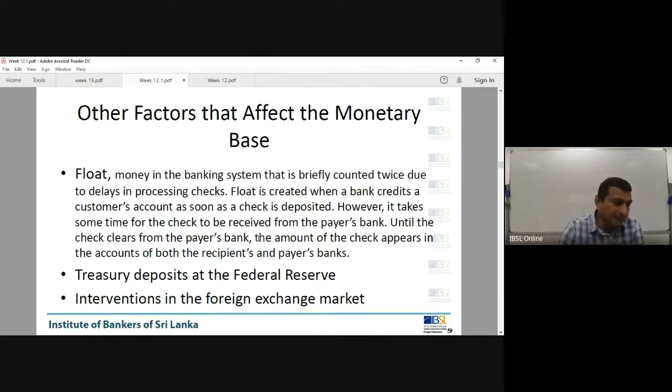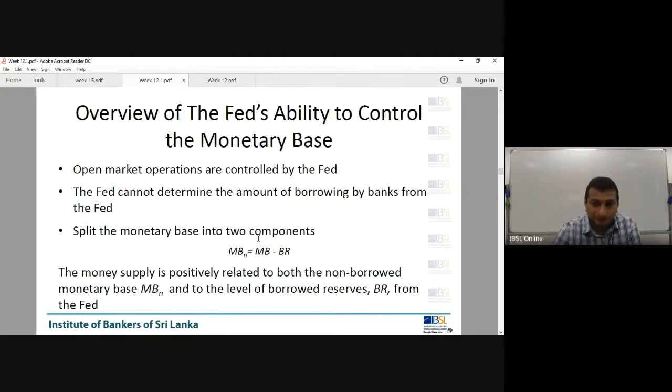But at the same time, apart from these open market operations, we also looked at other factors that affect the monetary base. And then of course we looked at how the monetary base could comprise borrowed reserves too, and we split the monetary base into non-borrowed and borrowed. And we discussed that both the borrowed side as well as the non-borrowed side are positively related to the